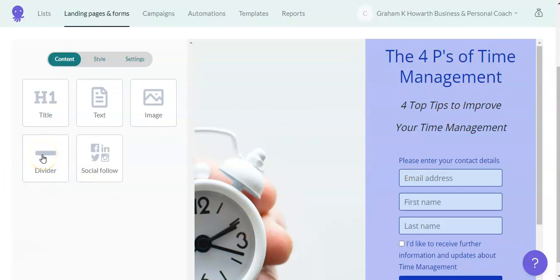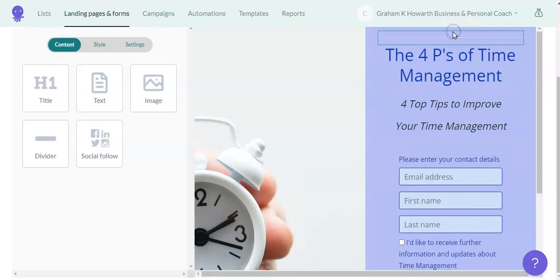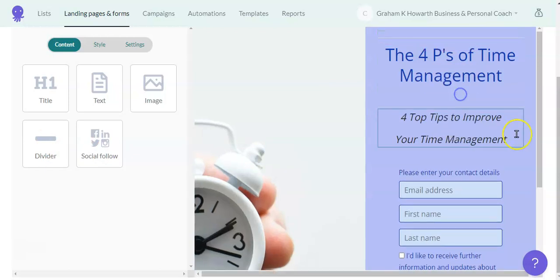So it's a simple click and drag. So if we grab hold of the divider, you'll see that wherever we place the cursor, it will drop the divider in. So if I drop one at the top there, and then if we put another one just under there, let's get it in the right place, there we go.